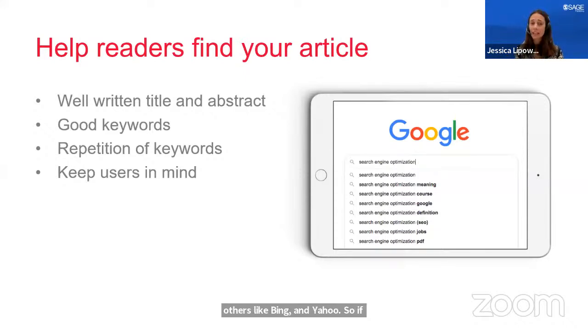If no one's reading your findings, what is the use of disseminating your research and ultimately publishing? Search engines look at the abstract page of your article, which is free for everyone to view on the Sage Journals platform, and on many other publishers' websites as well. As Jen and Nadim mentioned, your abstract is not only the sales pitch that tempts the reader into reading and downloading your article, it also gives search engines all the data they need to find your article and rank it in the search results page.